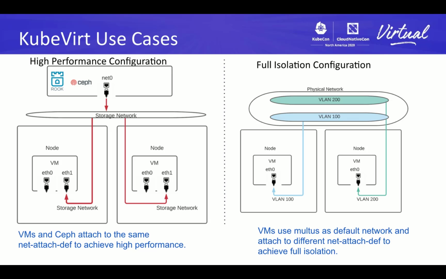In this configuration, they can assure that the traffic is not interacting with other networks and the performance is guaranteed. On a separate occasion, for the full isolation configuration, the VMs are protected in their own VLANs. In this configuration, we use Linux Bridge as the connectivity mechanism in the network attachment definition, with the VLAN number embedded